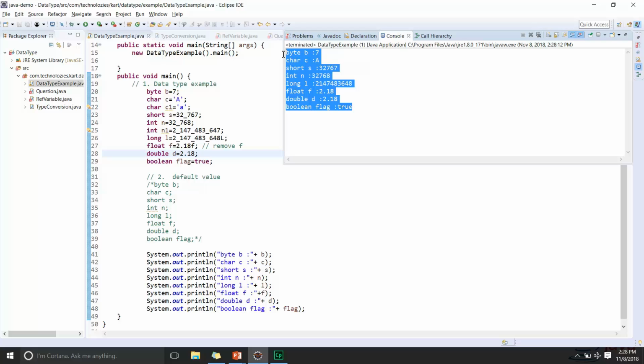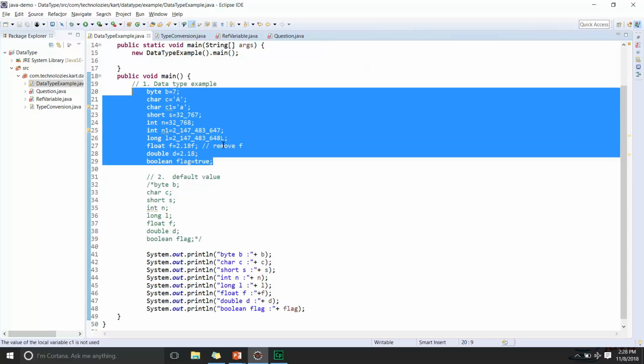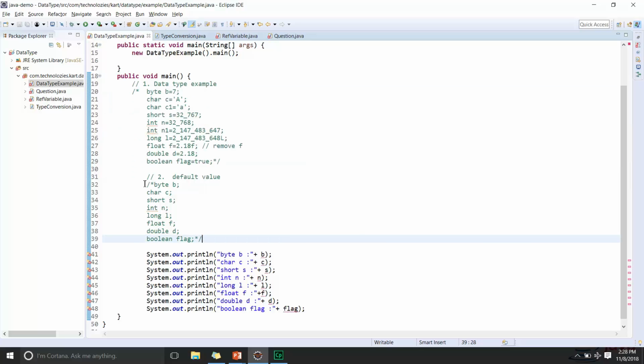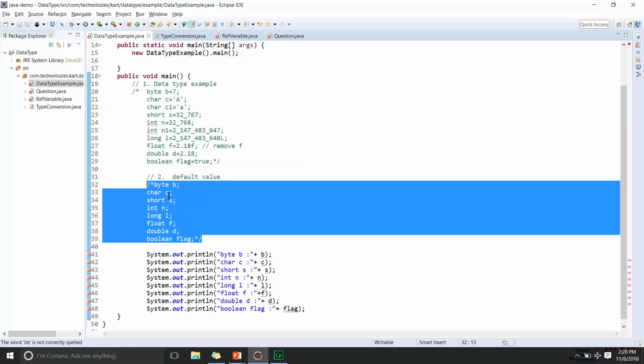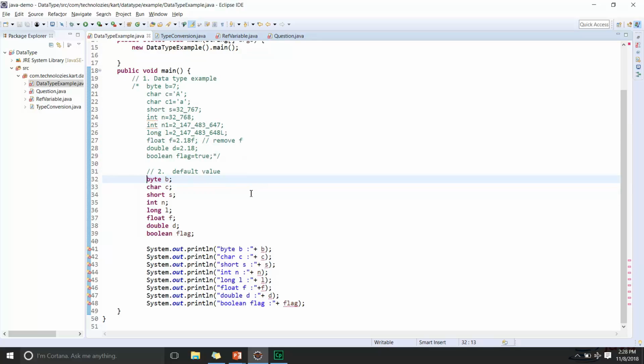It's working fine. Now we were talking about the default values. Here I am giving a constant value to all primitive data types. So I'm going to comment this and uncomment this value. Now Java should give the default value to these primitive data types. But here I'm seeing a compile time error that the value must be initialized. So why are we getting this kind of error? Because Java only gives the default value to global variables, not to local variables. These are local variables because I have declared those variables